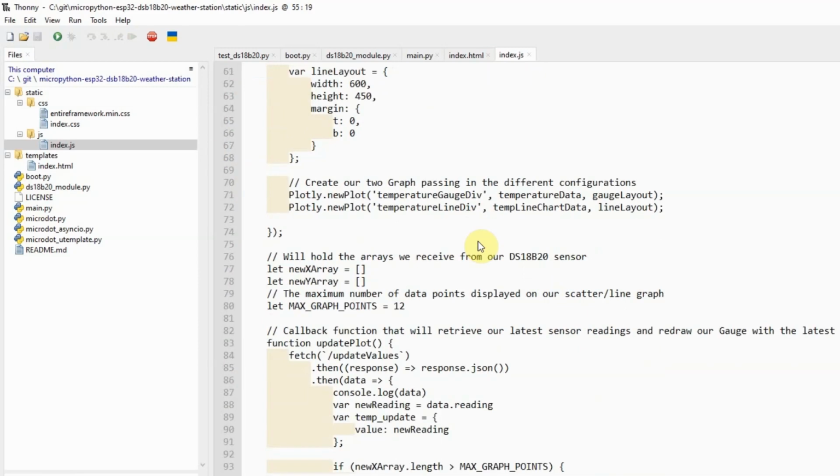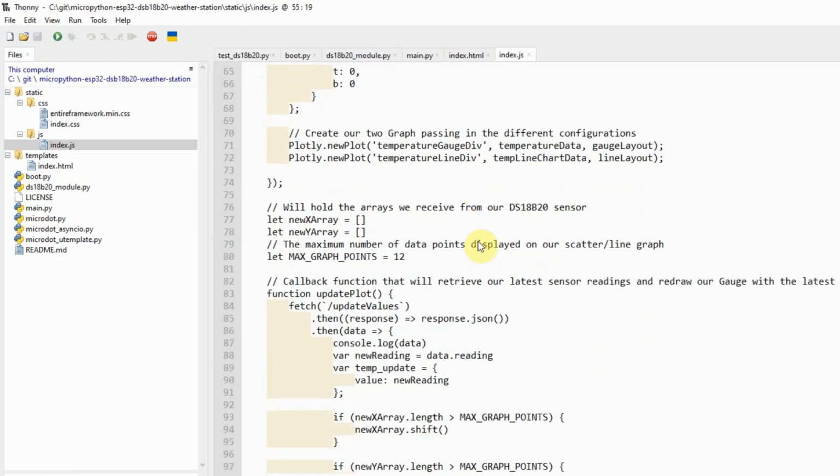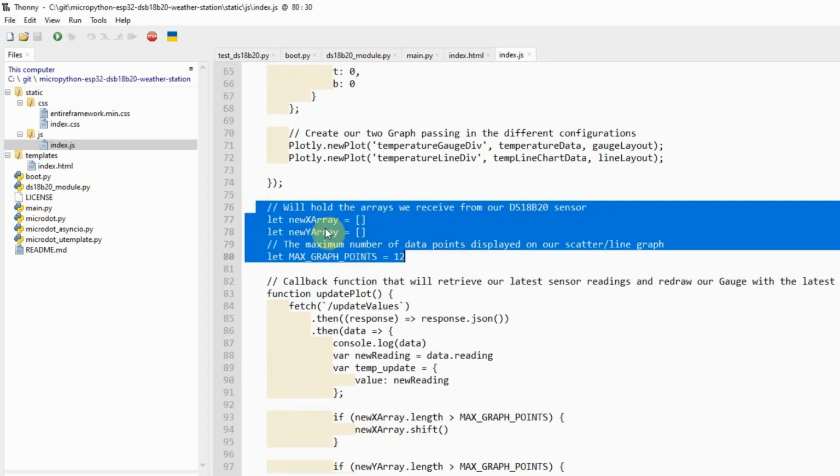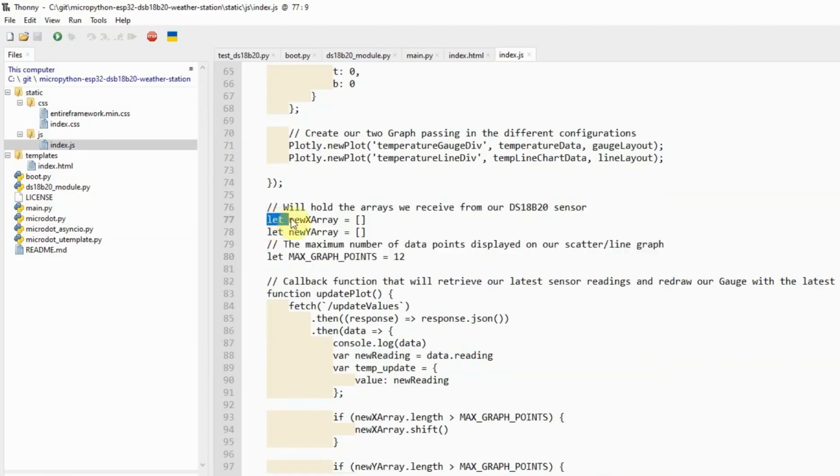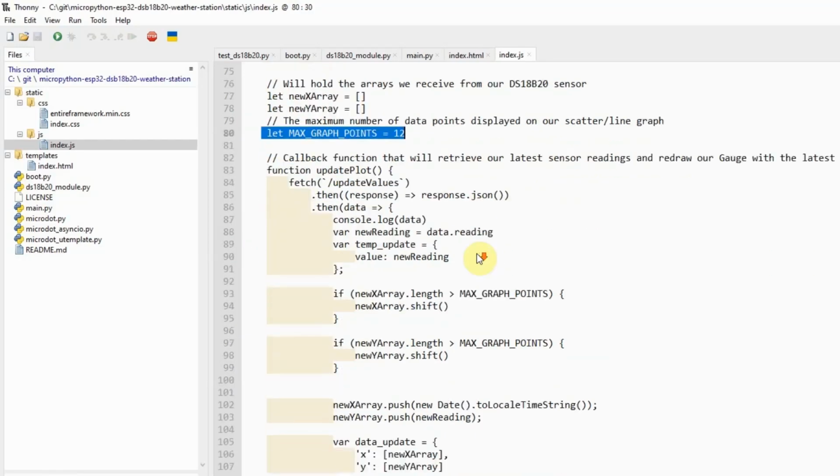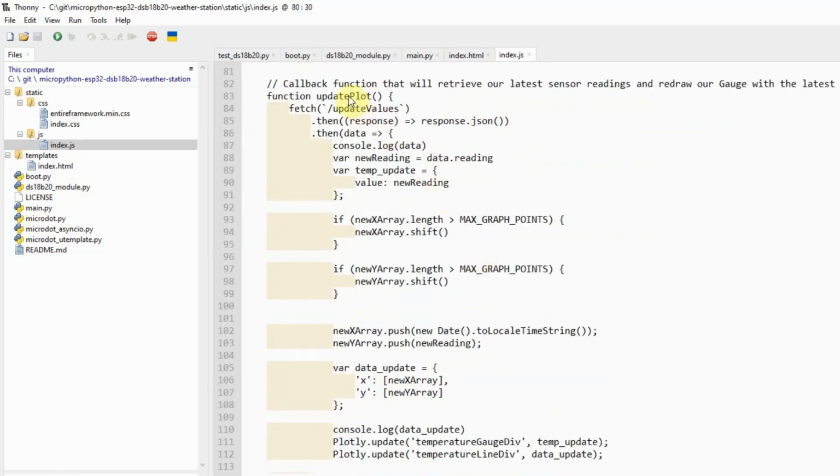Now, the other job of this index.js is to declare this array. This array will hold the sensor readings that were retrieved from our DS18B20 sensor. And the maximum number of readings that we're going to save is only 12. There is a function here called update plot, whose job is to call the update values route.